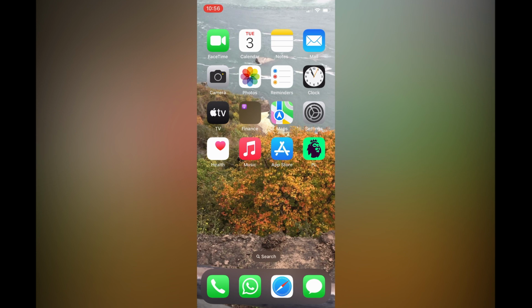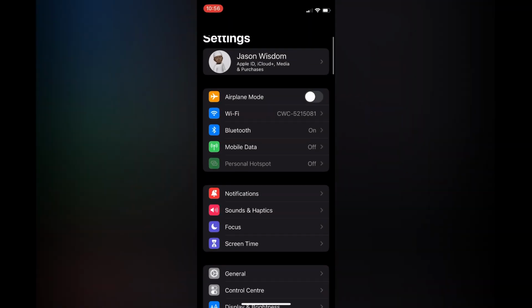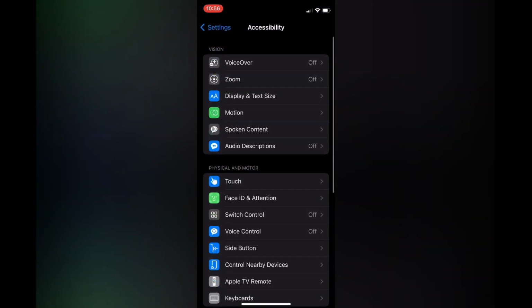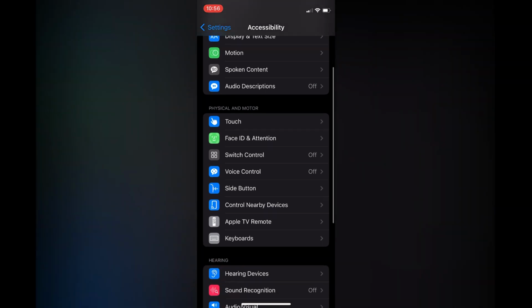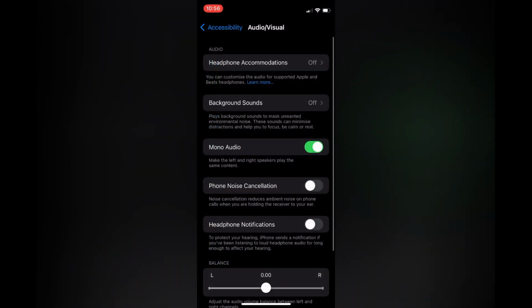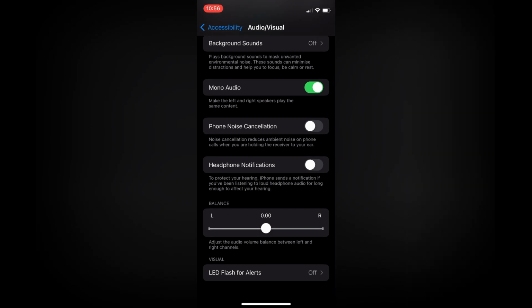The first thing you need to do is open settings. Once in settings, you're going to scroll down and select accessibility. From here, you're going to scroll down until you see audio/visual. You're going to tap on that. Then you're going to scroll to the bottom of the page and you're going to tap on LED flash for